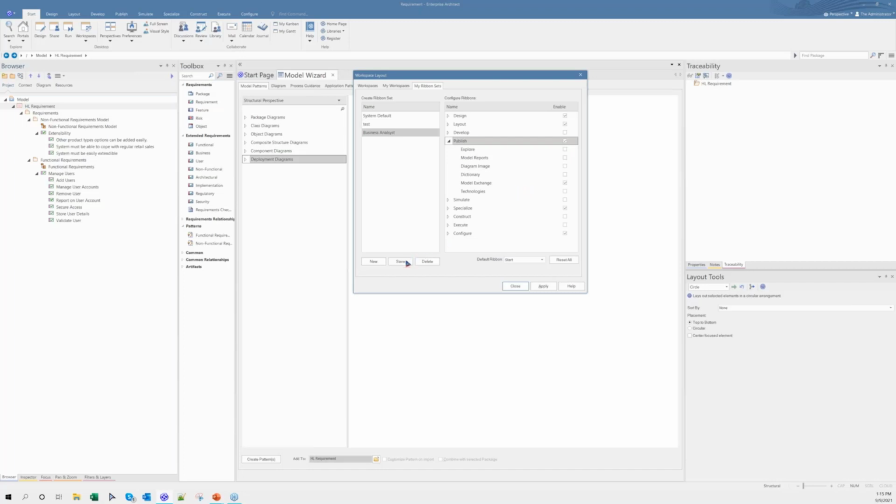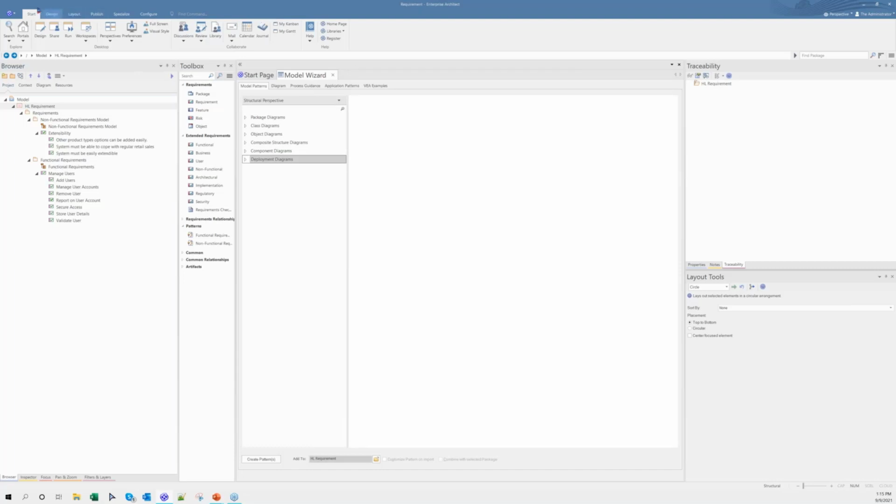So if I save this and I say apply, you can notice there's a big list of ribbon items here, and if I say apply, I have minimal ribbons available in my window.